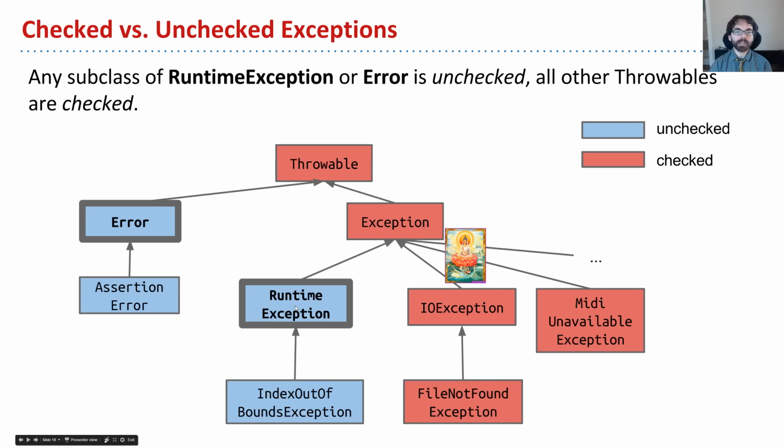So what's happening? What's special about this? Why does the compiler allow one and not the other? It's actually a pretty simple rule. Anything here in blue that is Error, RuntimeException, or any of their subtypes, they're all Throwables, these are considered unchecked. In other words, they don't need to be checked. If your code throws them, the compiler will say that's fine. But if there's any possibility of any of these red classes, these are all the checked examples, occurring, you must either catch or specify those exceptions. Otherwise, the compiler will not allow that code to be compiled.